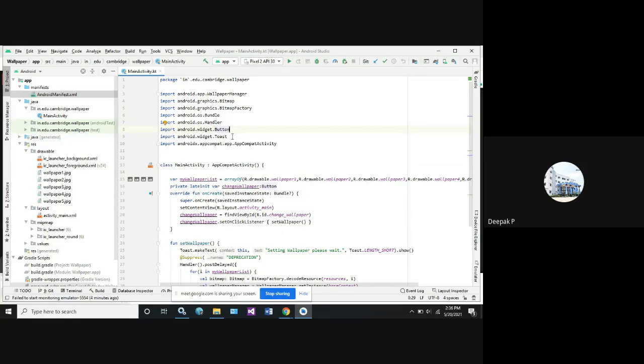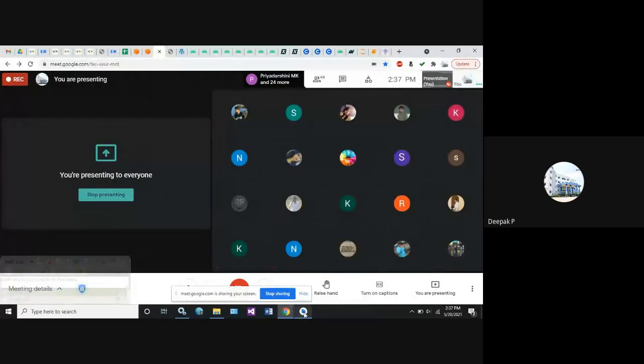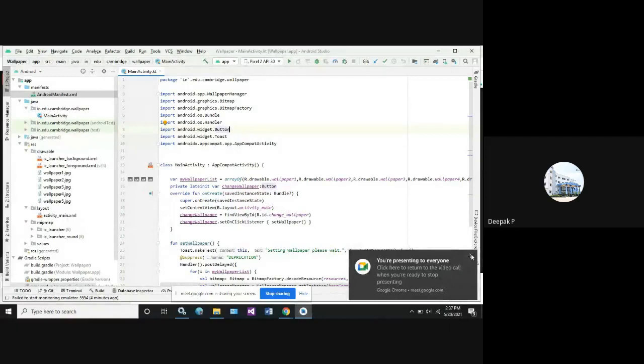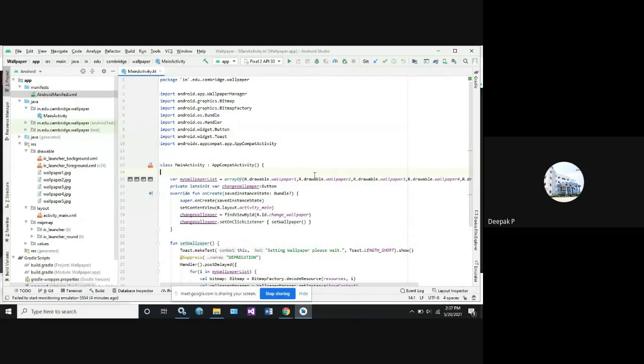Next, another important thing is, suppose you want to show any text contents on the screen before you run, saying that the program is running, wait for some time. If you want these types of messages shown on the screen, we need to import a function called android.widget.Toast. Toast is an application which stores the content that has to be displayed in the Android. As we know, these parts are common, so we have discussed this.